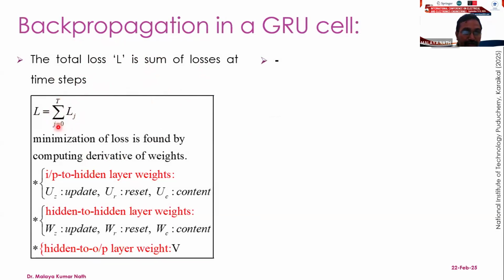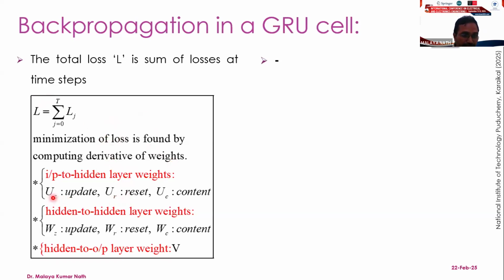So in this case, there are 0 to t number of layers present. The minimization of loss is found by computing the derivative with respect to the weights. As there are two gates present, one is called the update gate as well as the reset gate. For the update and reset gates, we have to compute the loss, that is the derivative of the loss with respect